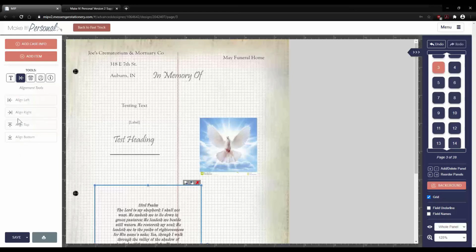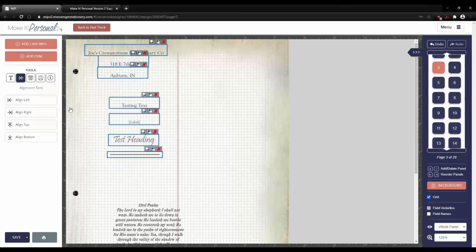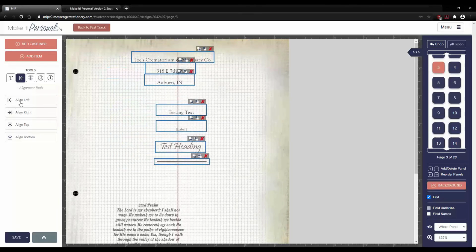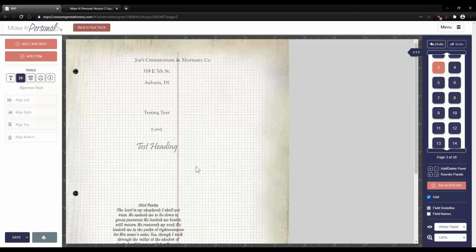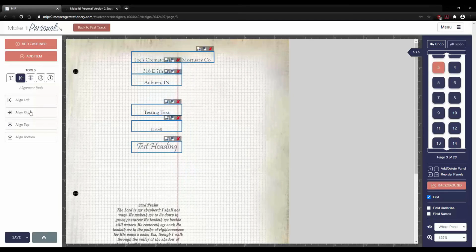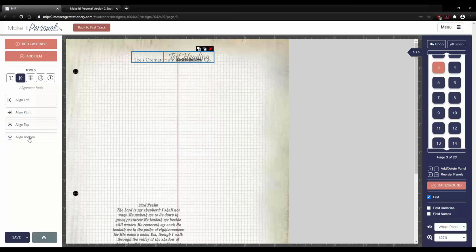So this works with multiple different boxes activated. Let me go ahead and get rid of some of this stuff. Let's say I were to highlight all of these. What you can do to create columns, you can tell things to align left, and that's furthest most left, but these underlined boxes are the only exception because they go out to this outside edge. So let's get rid of that. So what you can do is select multiples, as I said, align left, and it's always to the furthest. We can go furthest to the right, furthest to the top, furthest to the bottom. And I'm going to undo those,